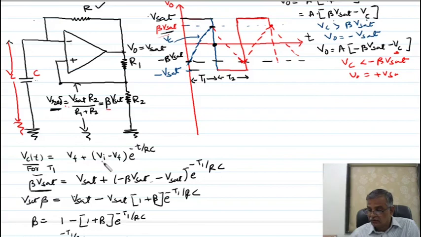So that's why for the final voltage I have written plus V sat, and for the initial voltage I have written minus beta V sat, and it increases exponentially. At t equal to 0 it is this, and at t equal to t1, how much voltage is on the capacitor? Beta V sat. At t equal to 0, what should I write? Minus beta V sat. But we have to find this: from 0 to t1, I have to find.